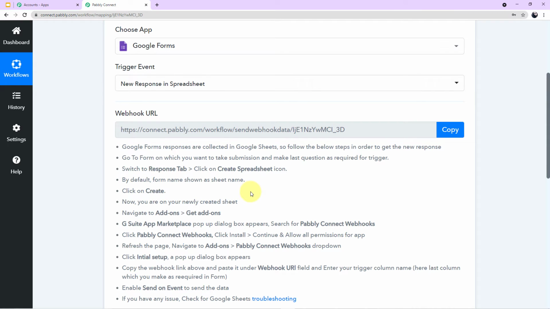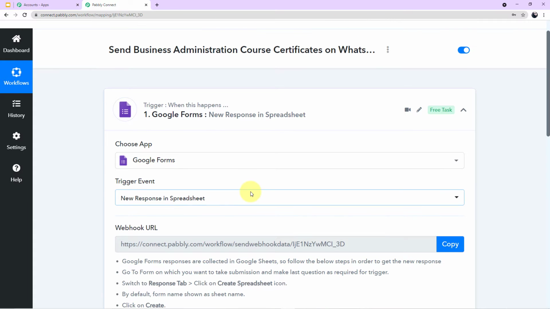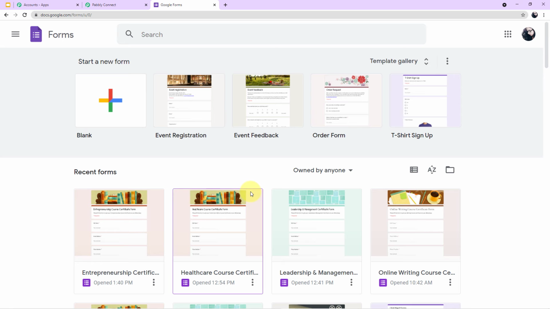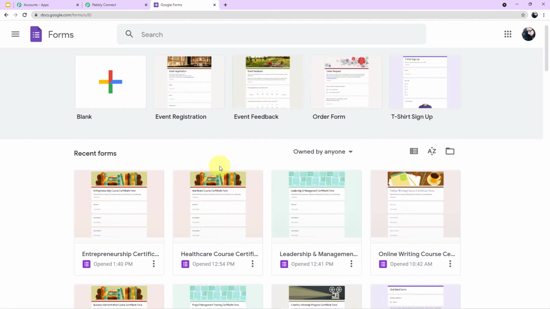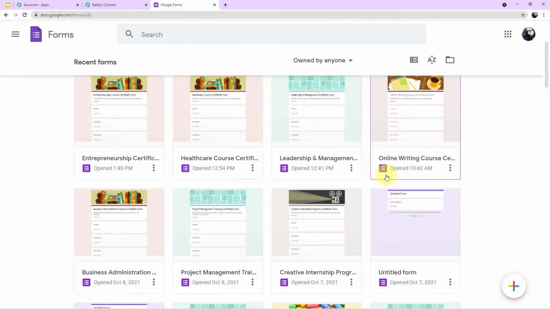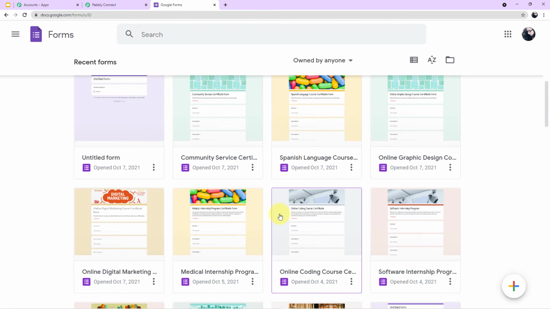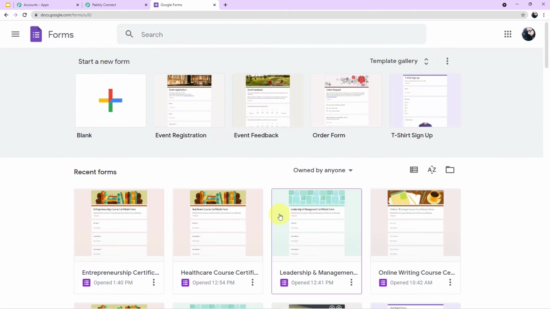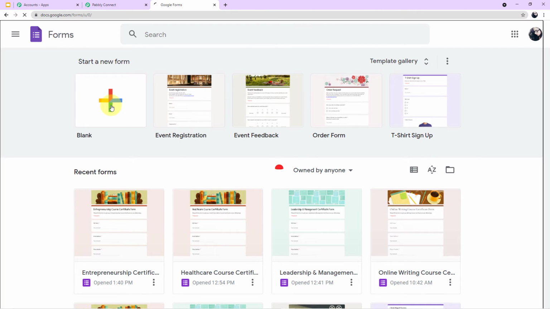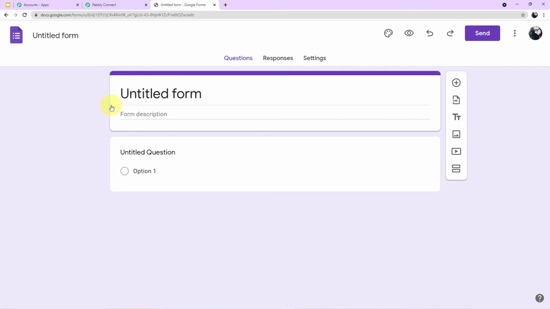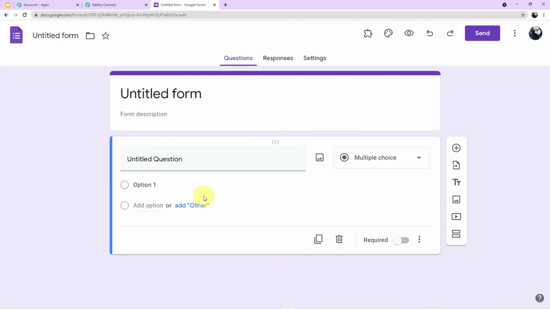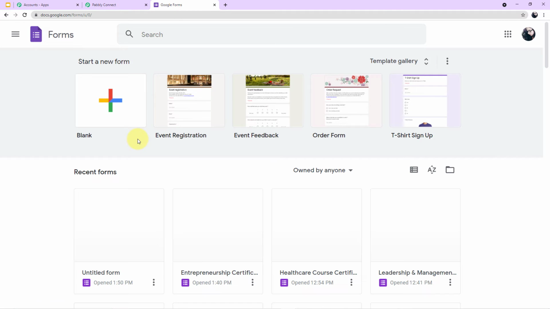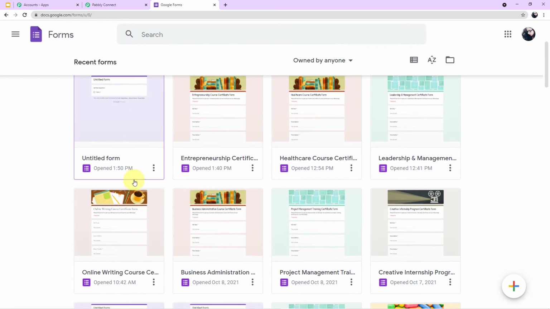Now we will perform these first five instructions. Let me show you how. Let's go to our account on Google Forms first. Okay guys, as you can see on my screen, this is my account on Google Forms. Here you can see I have created various forms for different workflows. You can also create your form by clicking on this plus sign. This is the format of the form. You can add and remove all the details from here. I have already created my form for this particular workflow. Let me show it to you.